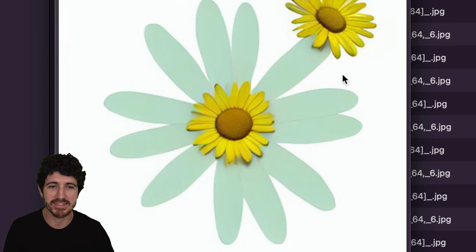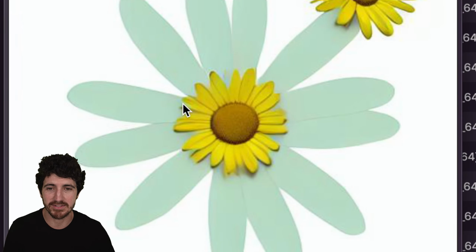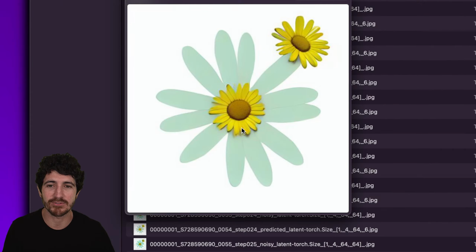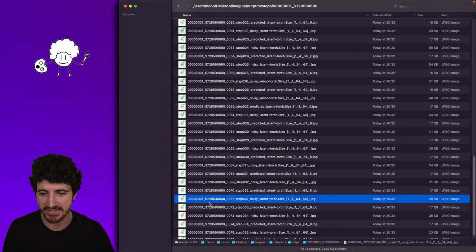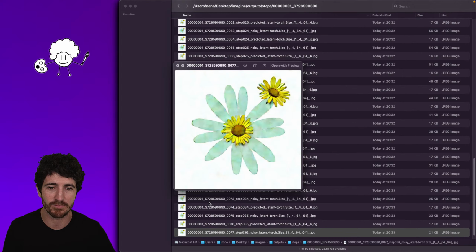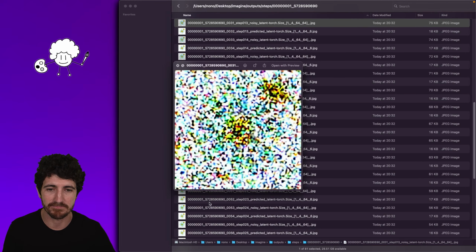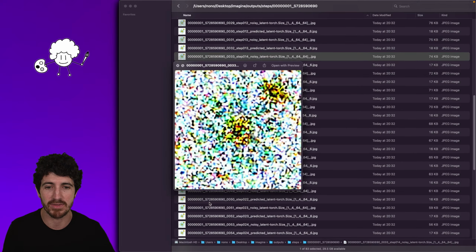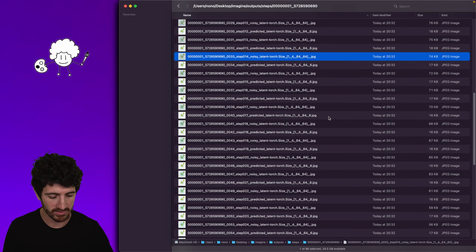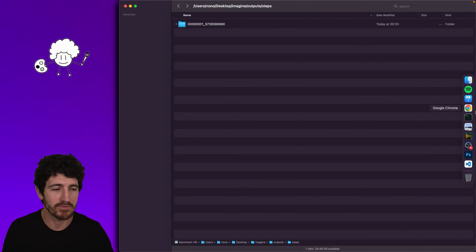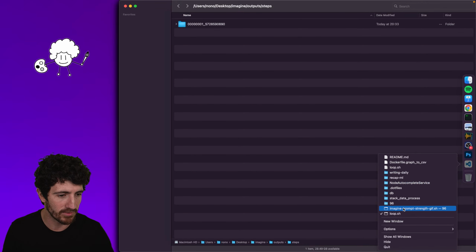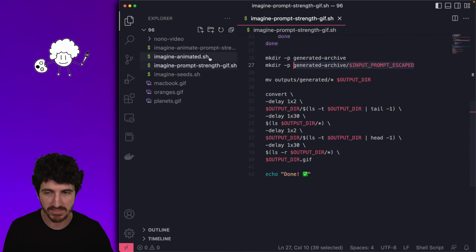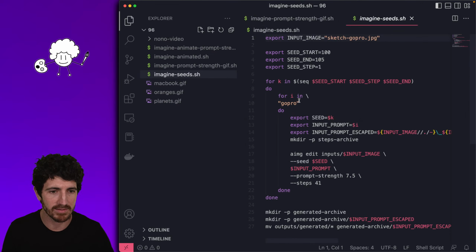What's funny here is that the seed that this got is considering that the inner yellow is the actual green, so yellow daisy flower, and not the outside. So it's fun to see that. That's what I was mentioning before. Like, you need to pick your seed well, because maybe there is another seed that makes it work better than this. And for this, I'm gonna now make use of what I made offline, which is I'm gonna animate